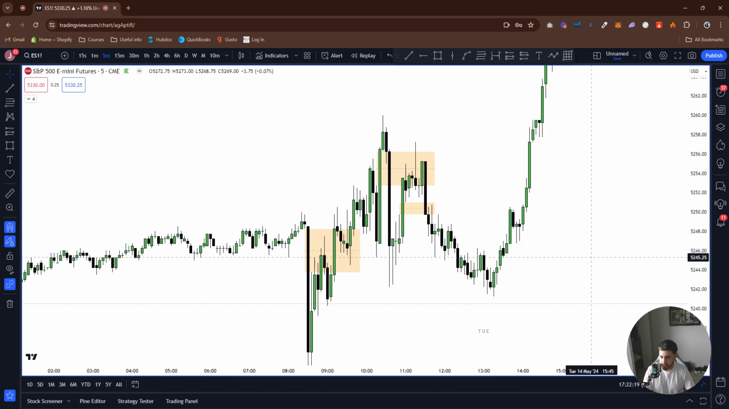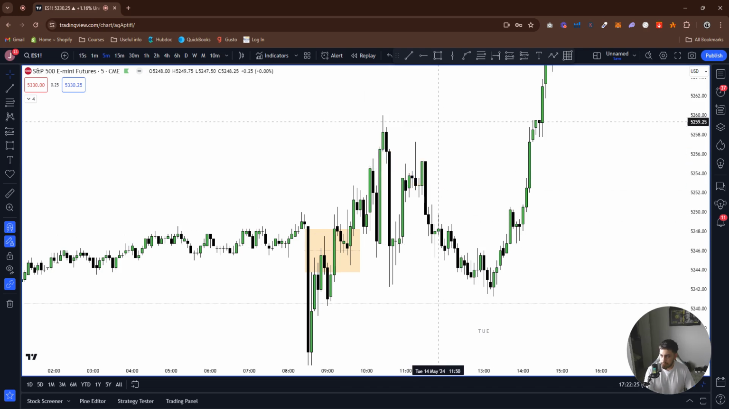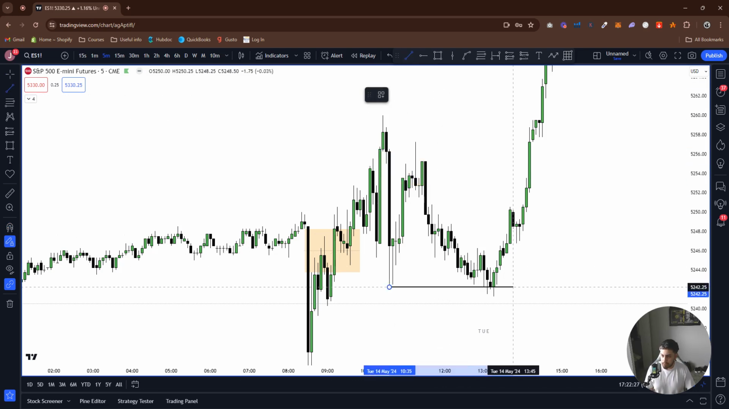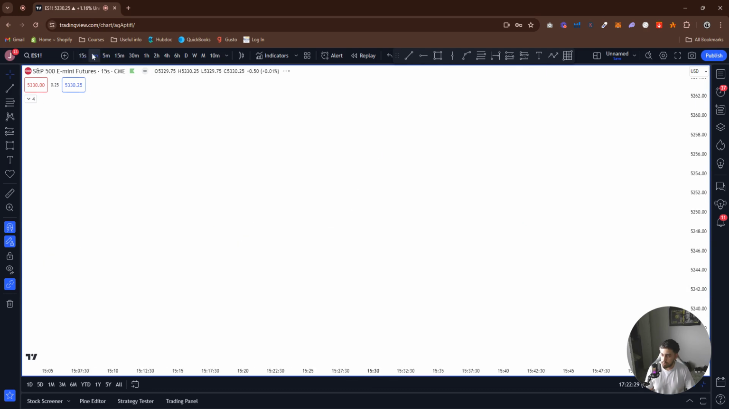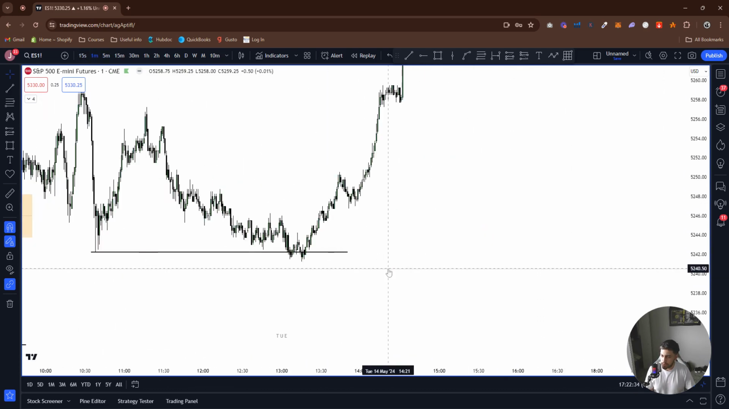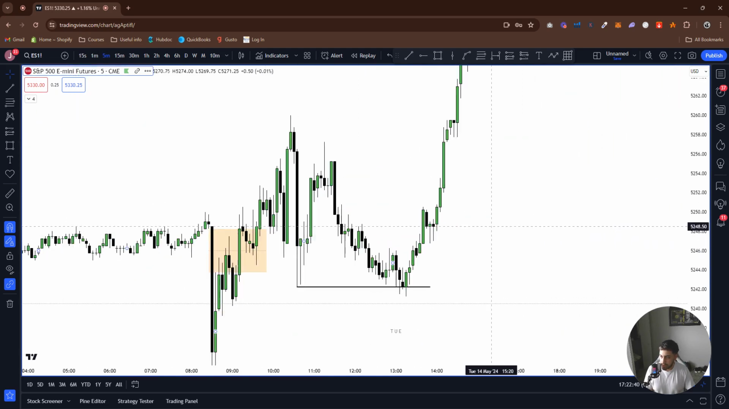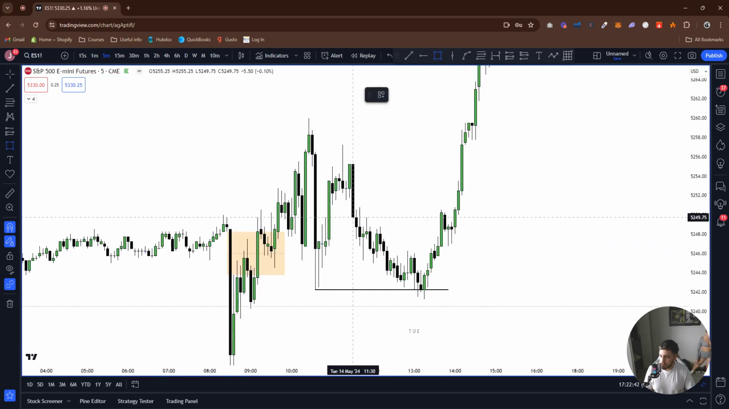Let me see if I can find one more before I let you guys go. Let's see. So we sweep the low down here. Okay, we sweep the low. Let me go to the 1 minute real quick. Let's see if we can find something on the 1 minute. So we sweep the low here. There's no bearish fair value gaps or anything forming here on the 5 minute. If we look at this fair value gap here,